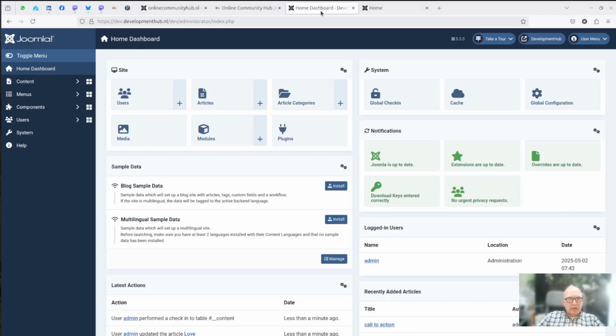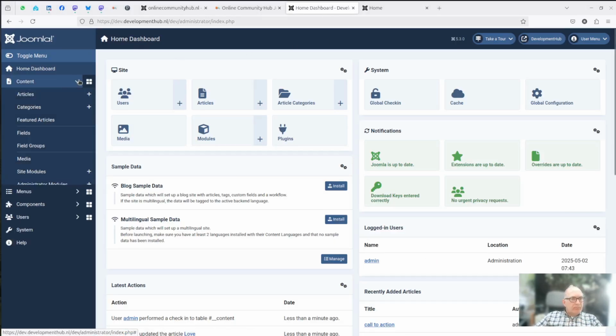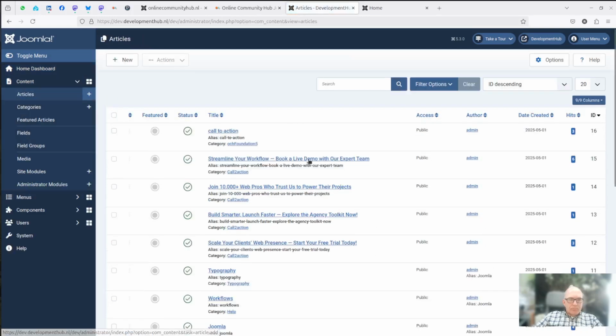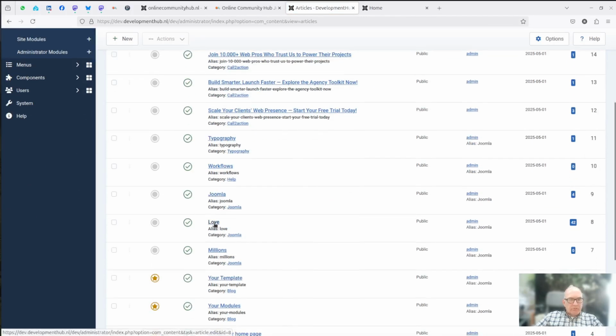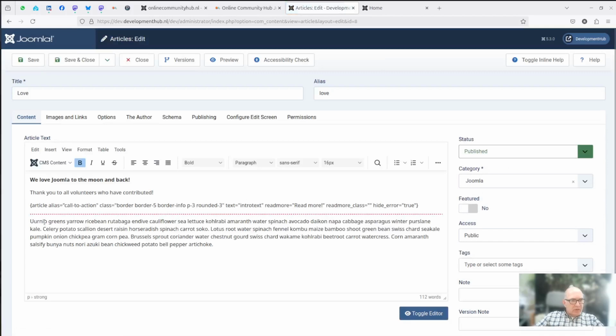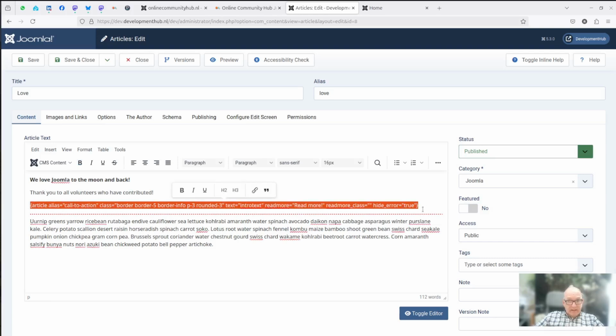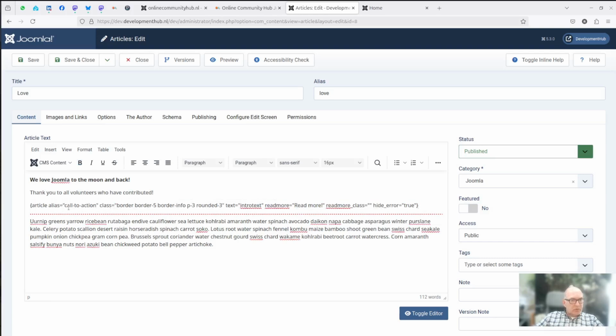So back to my development site. I have a love article here, and in this article I added an article tag which will insert a call to action article that I've pre-created.